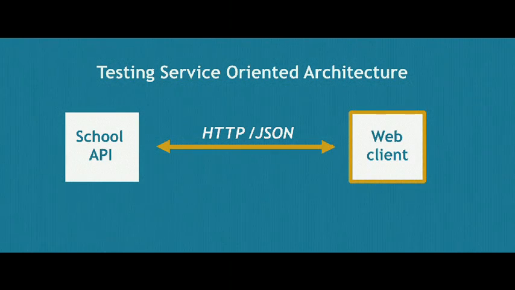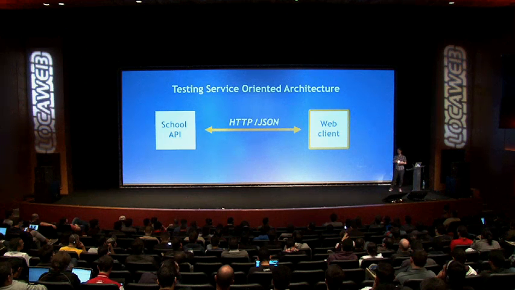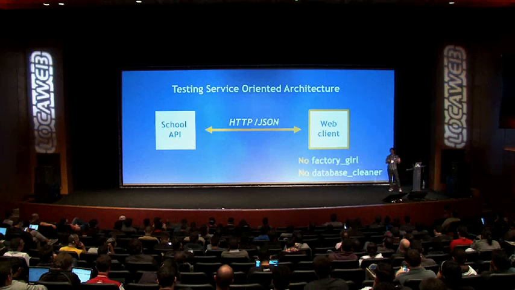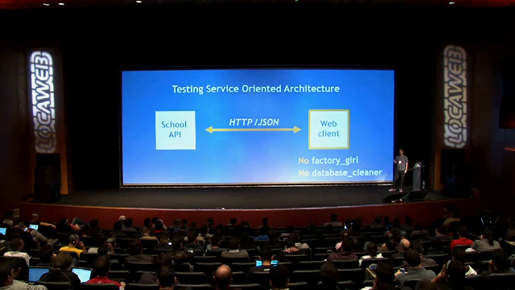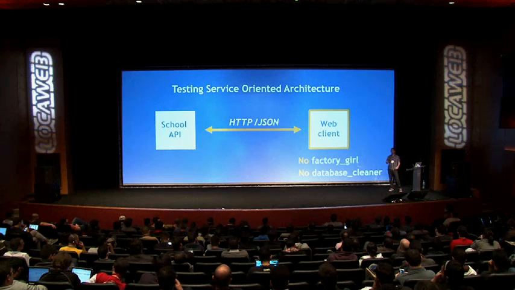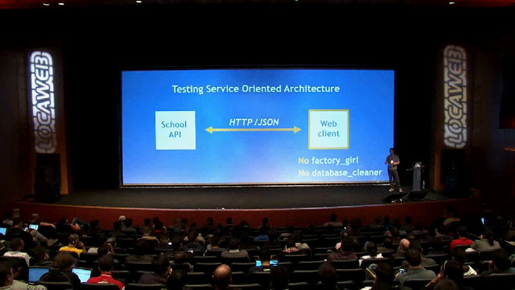We want to test the service-oriented architecture, and let's look at testing the web client. Why the web client application? Because it presents different challenges than testing the school API application, and that's because we can't use Factory Girl or Database Cleaner in this application. And that's because, as I mentioned earlier, all the data that's needed to drive this application lives in the school